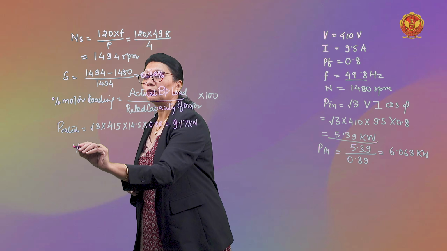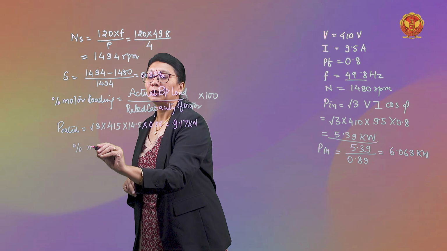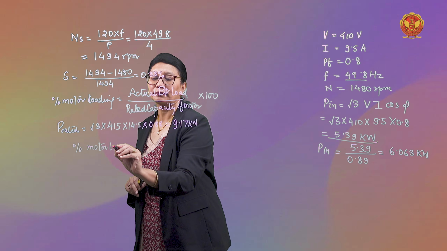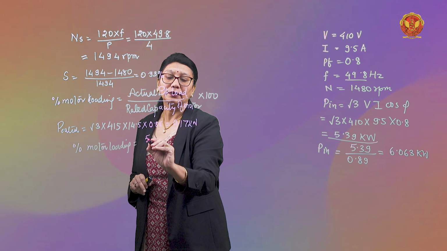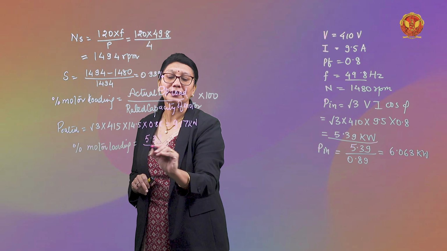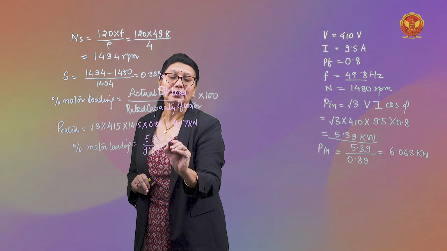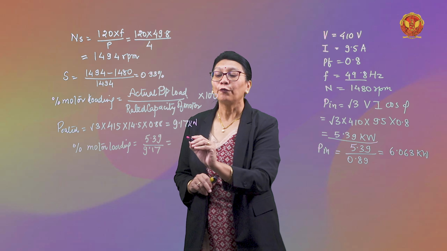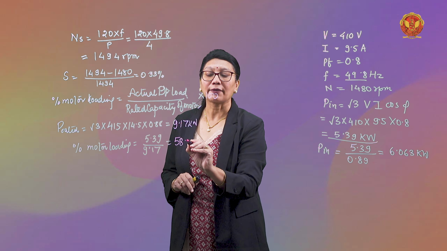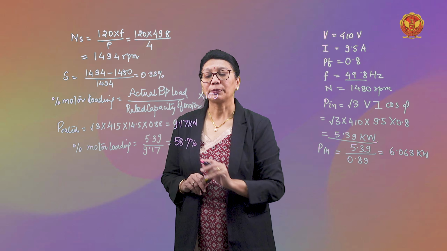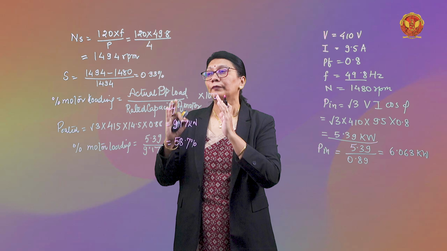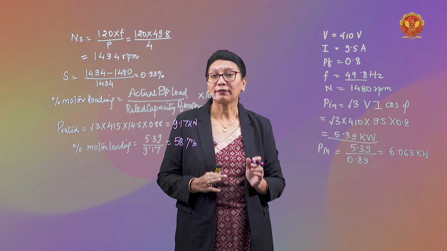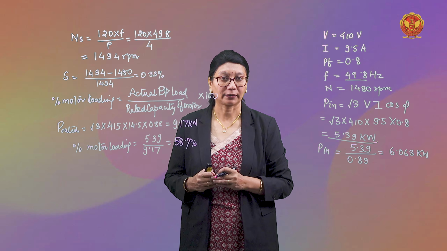तो percentage motor loading जो आएगा, it would be 5.39 divided by 9.17, and this gives us motor loading as 58.7%. So you can observe the motor is actually rated for 415 volt 14.5 एम्पियर with 0.88 पावर फैक्टर, मगर